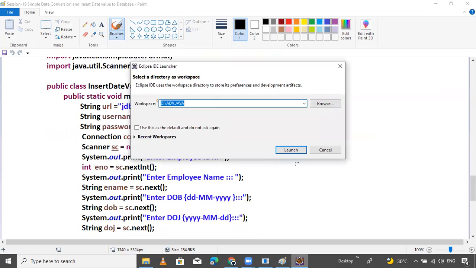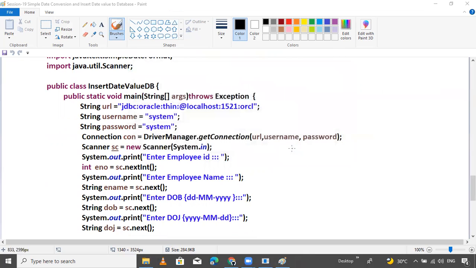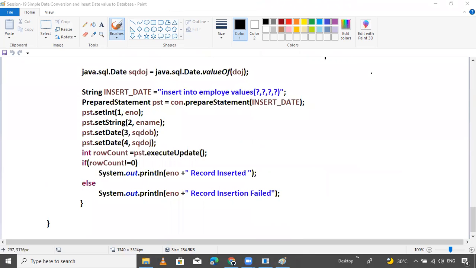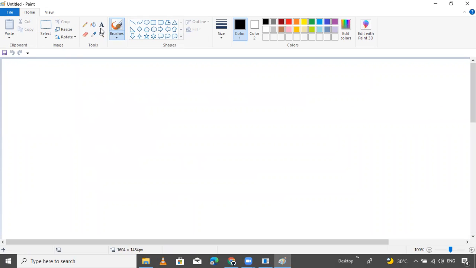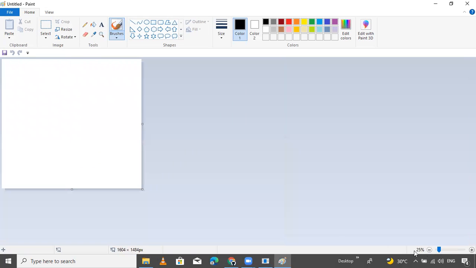So now open advanced Java. I want to write some points for you guys.